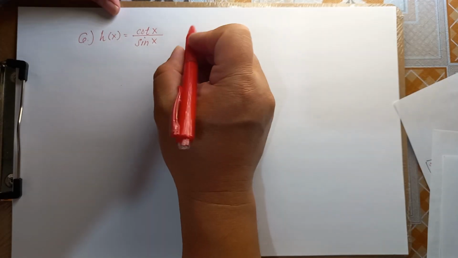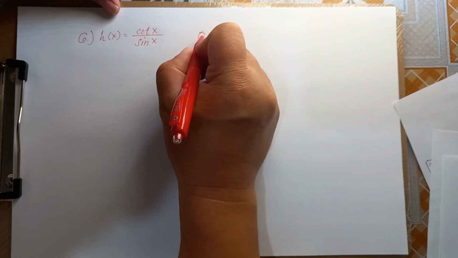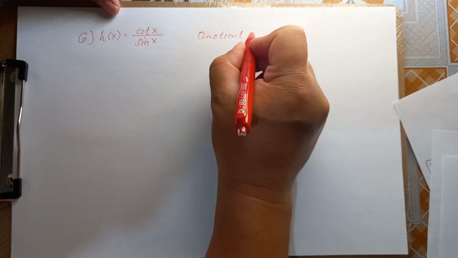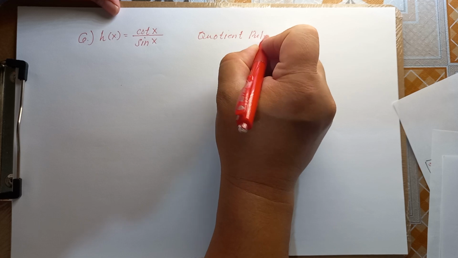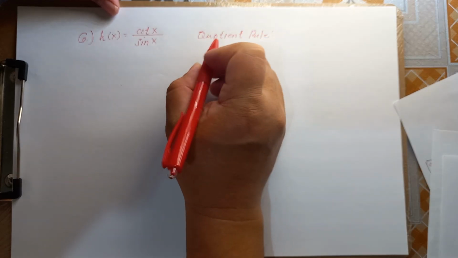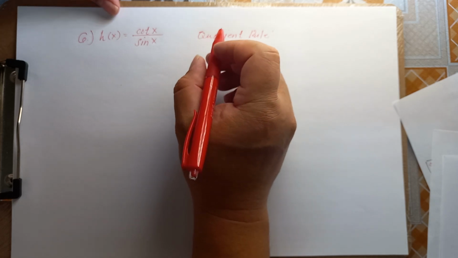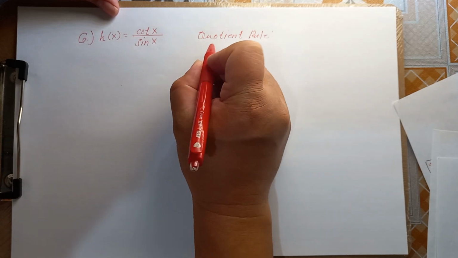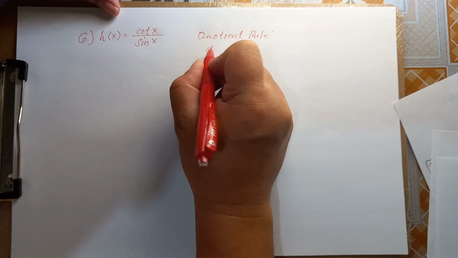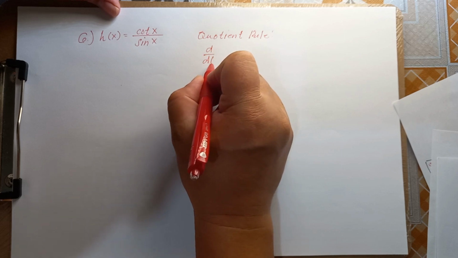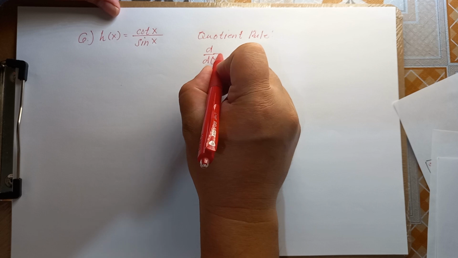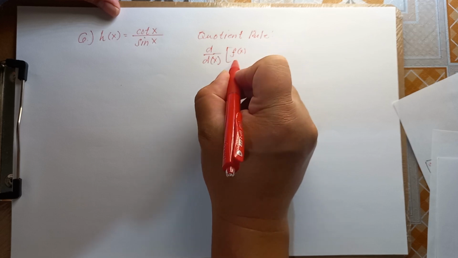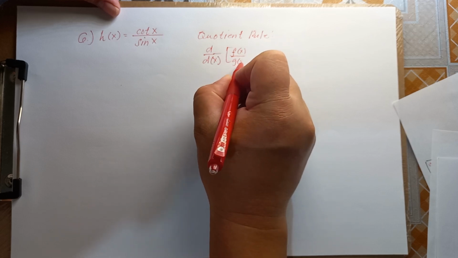Okay, so remember, our quotient rule states that if your function is d over dx of f of x over g of x,